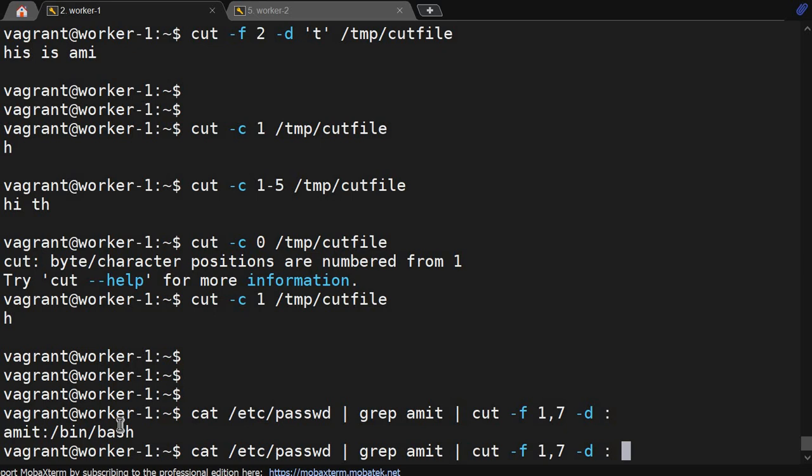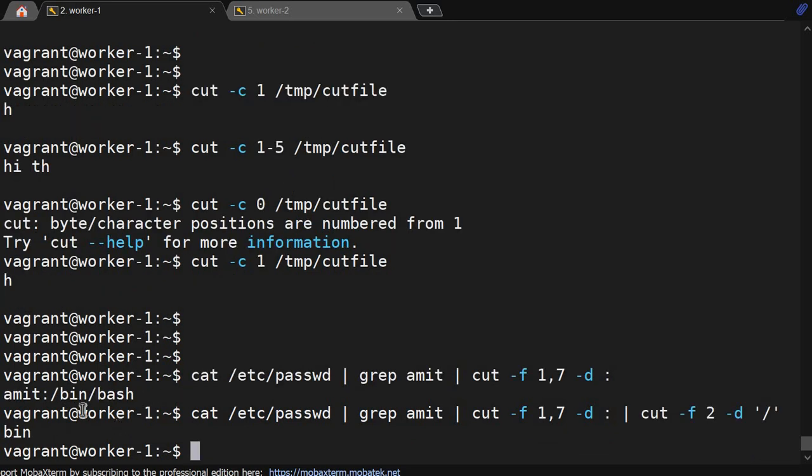You can even put more pipes and customize more. You can do cut -f, field second, -d delimiter, I can put slash, we'll get in a single. You got bin. See,